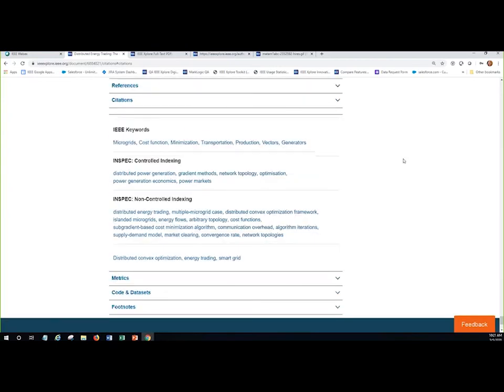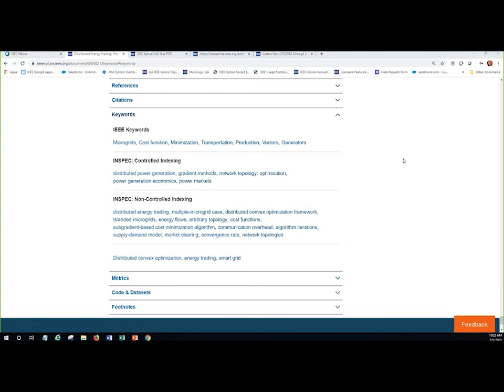Here is the keywords section. So this is the index terms that best describe the content of the paper. We have an IEEE thesaurus that indexes IEEE content. We also get index terms from InSpec, which is an abstracting and indexing company. If an author chose to provide keywords, we'll include the author keywords here as well. And for our 16 biomedical titles, we also have the MeSH terms from the National Library of Medicine.